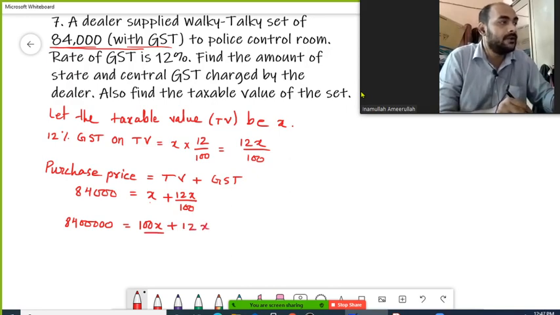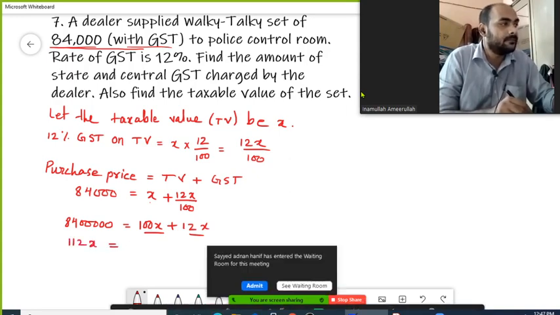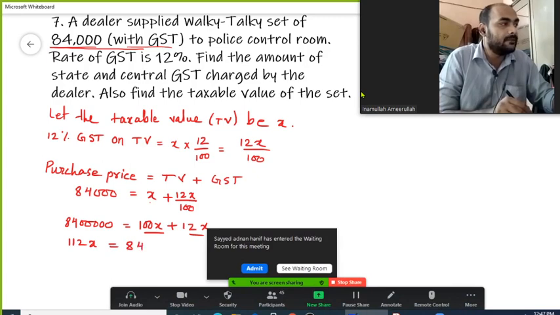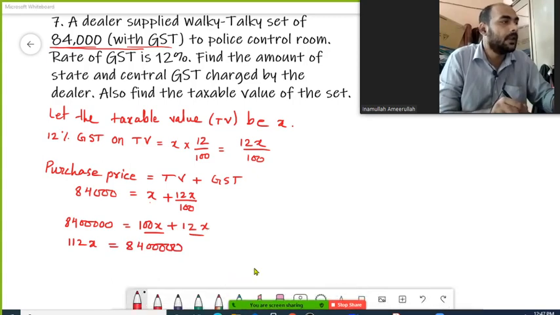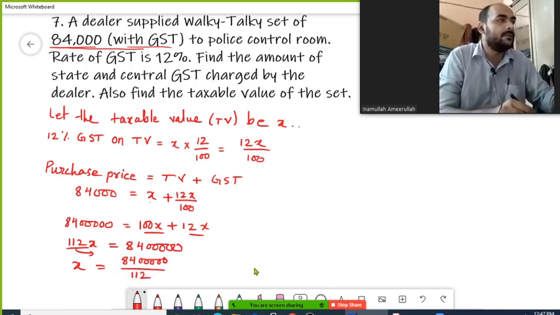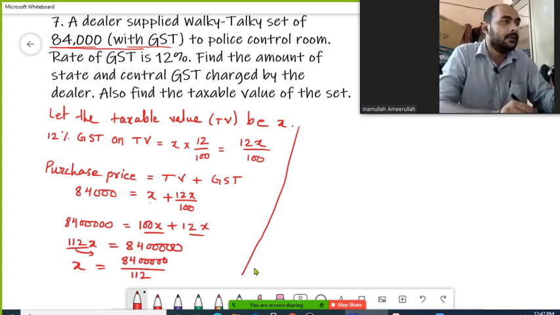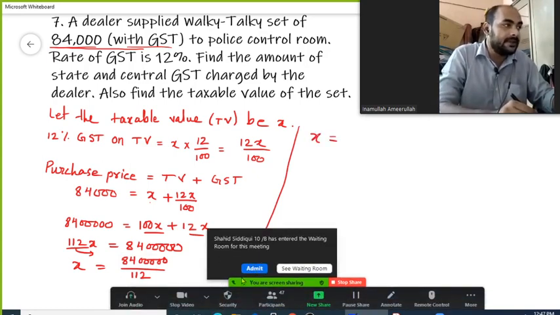So 100 plus 12 will give me 112x, which equals 84 lakhs. Now keeping x in its place and 84 lakhs in its place, we can bring this 112 to this side and it will divide 84 lakhs. So we can write 112 in the denominator. This way we can have x as